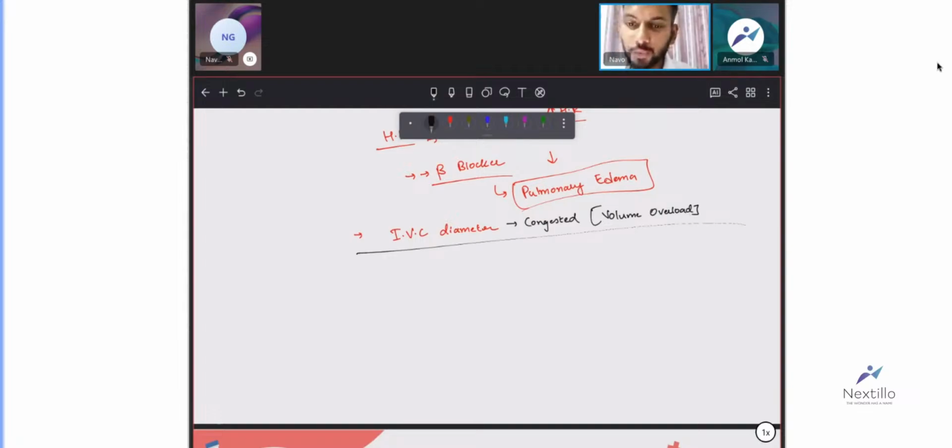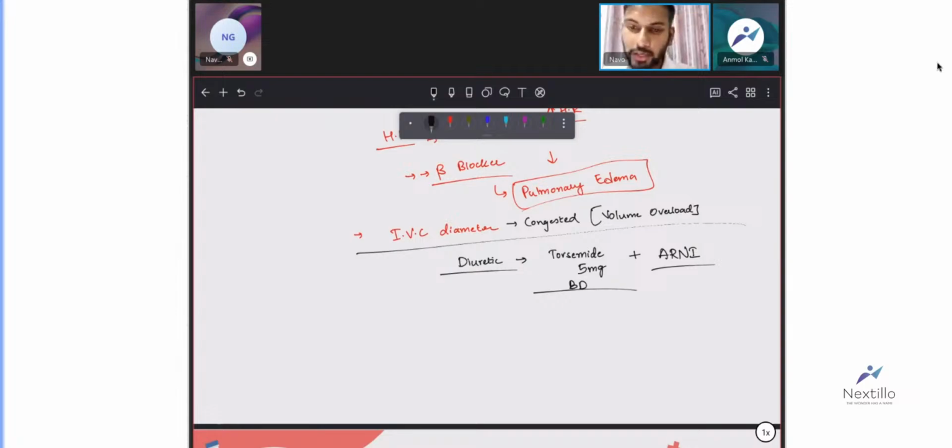When a patient has volume overload, what should you do? You should be giving a diuretic, obviously. A diuretic will cause loss of fluid from the body, diuresis. So which diuretic should be used? It is torsemide. So we can use torsemide 5 mg. You can give it 2 times a day and you can start him on ARNI along with torsemide